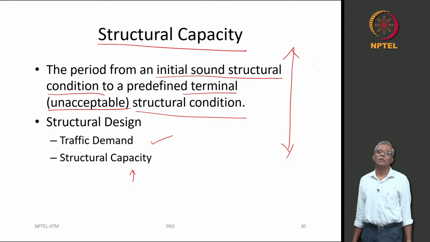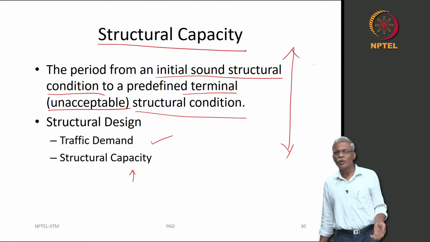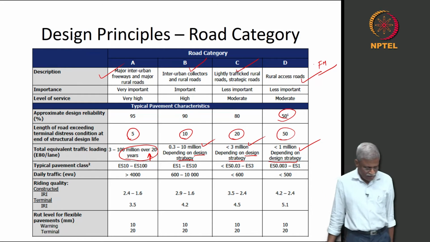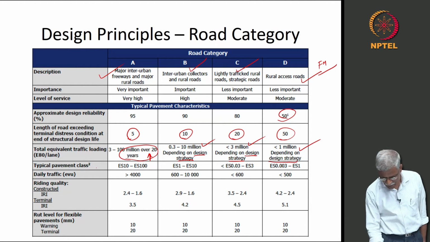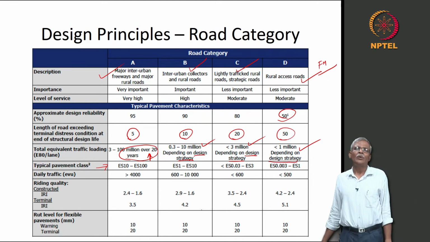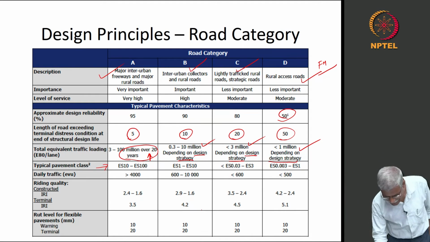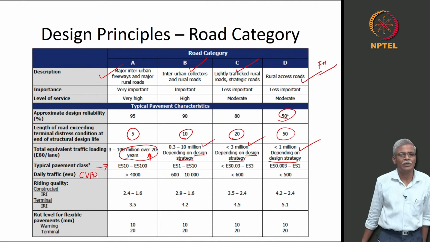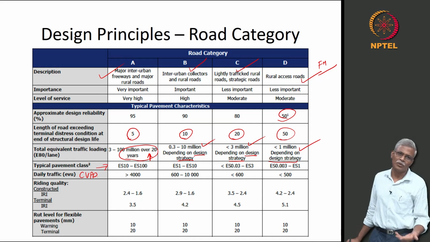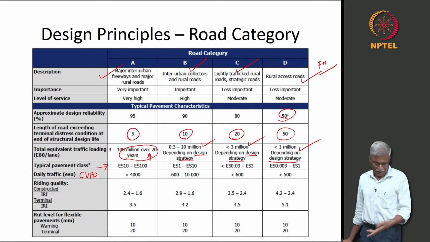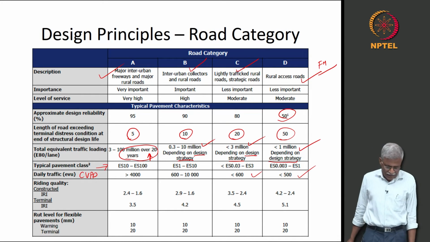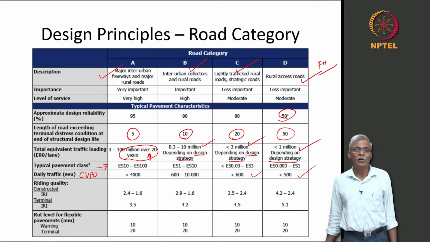Okay. How much is the predefined structural condition and what is the predefined terminal condition? So, that is the whole idea they are looking at, and these are some of the numbers that are given here, you do not need to worry about it. And the daily traffic, you can think of in terms of what we have in India as CVPD, commercial vehicles per day, and this is given here as EVU, equivalent vehicle units. So, greater than 4000, then 6600 to 10,000, less than 600, less than 500, and terminal riding quality,